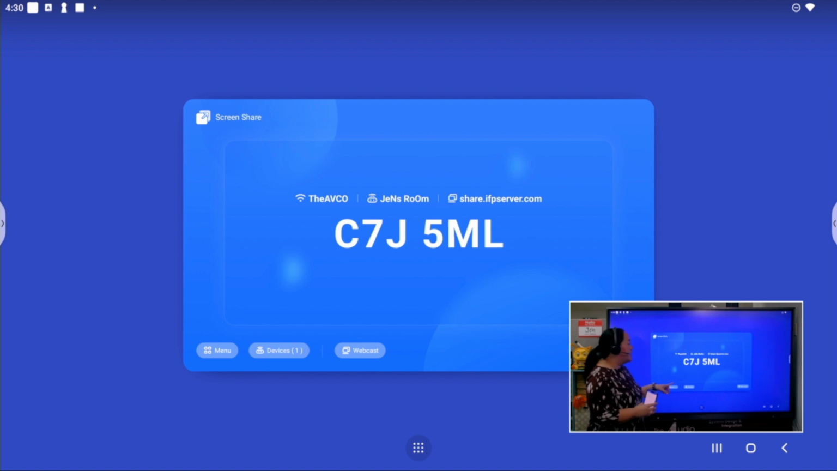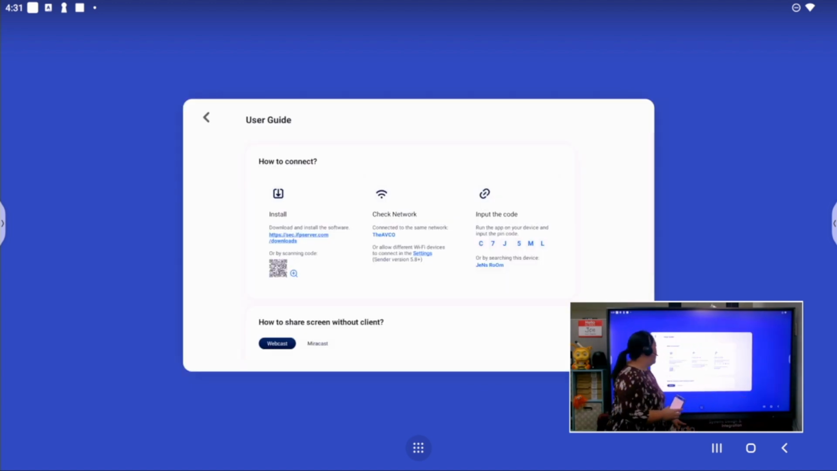Okay, so the first thing I see when I launch my screen share is going to be this 6-digit code. Now, you may ask yourself, well, where am I supposed to be putting this? If you haven't downloaded the software already, you can find instructions in User Guide. Once we click User Guide, on whatever device you're on, go to this website,